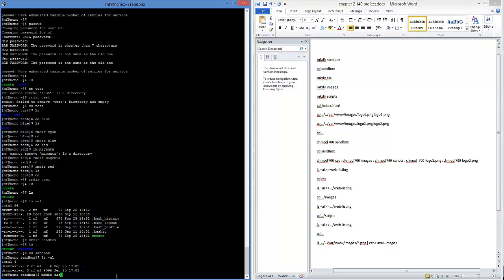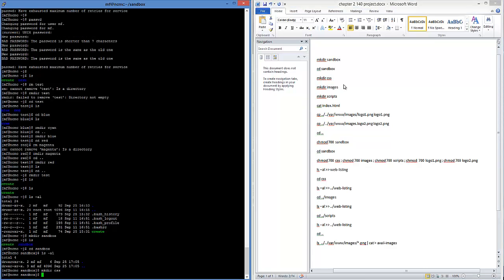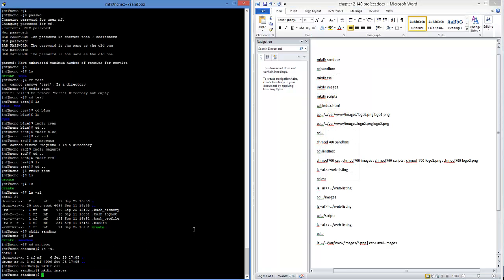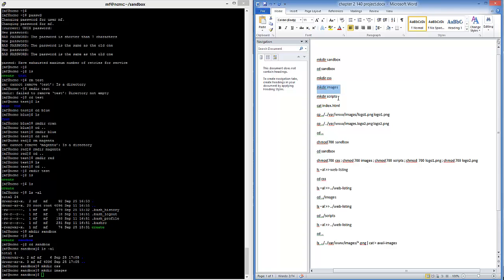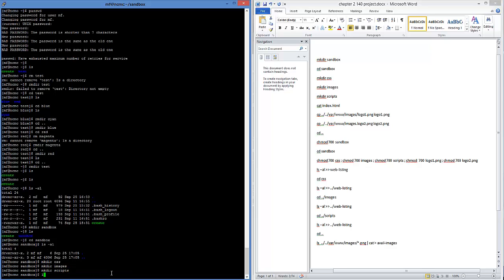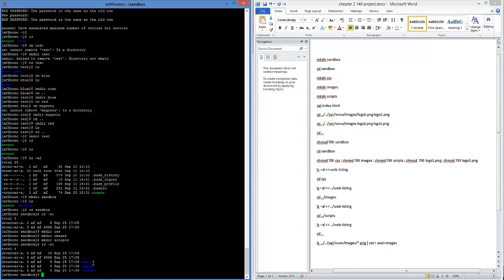We're going to do this in rather rapid succession because these are pretty simple commands, and we know what they do. They're going to make all three of these folders like we're supposed to do. Now we do the ls -al again, and we'll see we have three different folders: CSS, images, and scripts, just like we wanted. Next, we're going to do cat